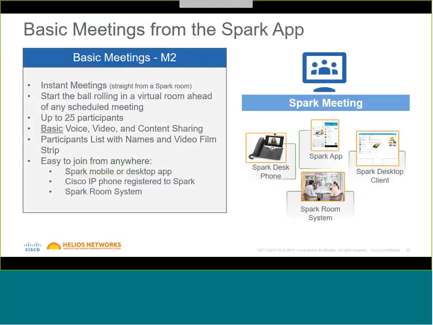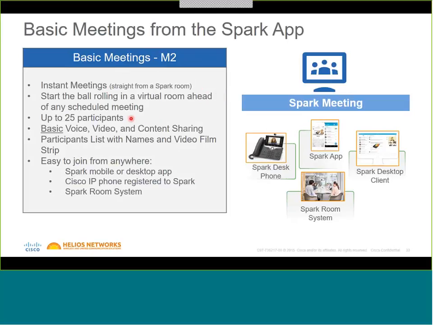So very quickly, just running through this. Basic meetings aren't basic, that's for sure. All the meetings within Spark are very simple, and believe it or not, they are pretty amazing. Because video, Cisco are trying to put video everywhere. They want to screen share everything, and it all just works together. So you get instant meetings, as they call it, which is from the Spark room. You can schedule a meeting, which I'll touch on shortly as well, because it's pretty good.